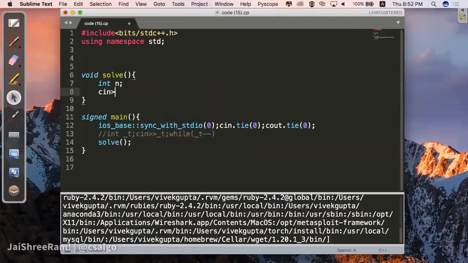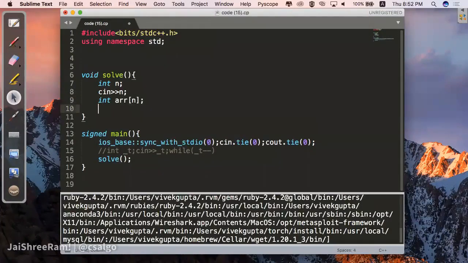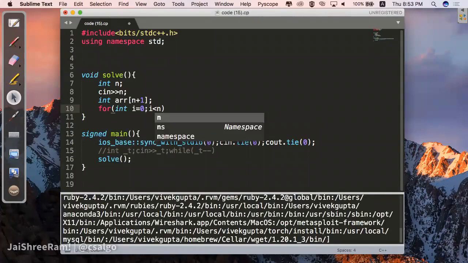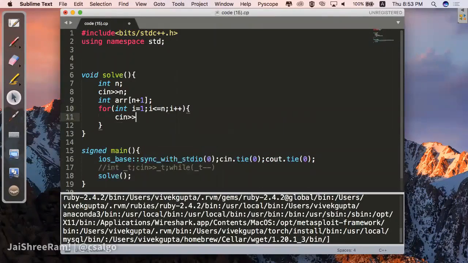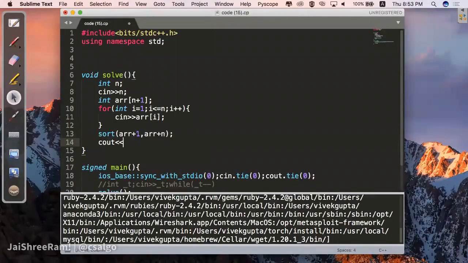Let's say I am given an array A, and I want to find the kth element when I sort that particular array. Let's say k is one indexed.